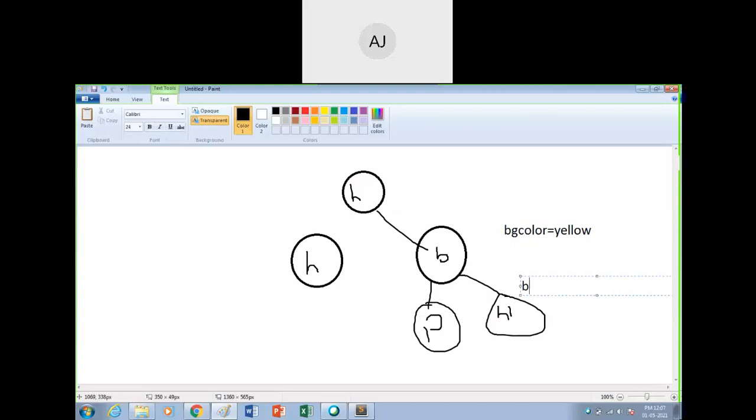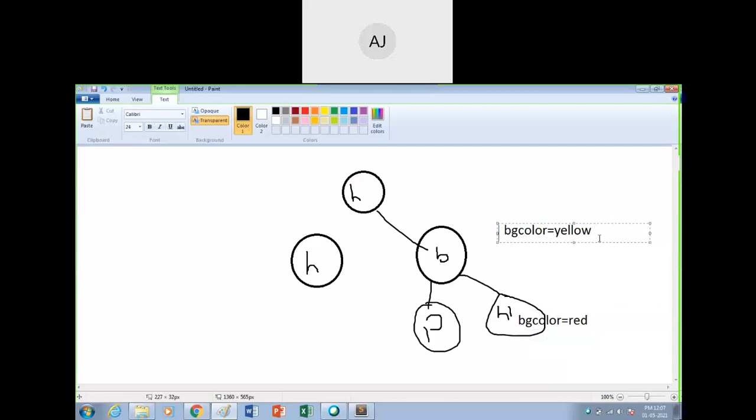Here you give BG color equal to say red. Now it has to listen. So obviously the child has to listen to this first, after that it's inheritance. Usually what happens, the upper class will be taken for the priority, but now the BG color will be given by its own color. Okay, means it will listen to it first, then it will go for listening to the parent's one.